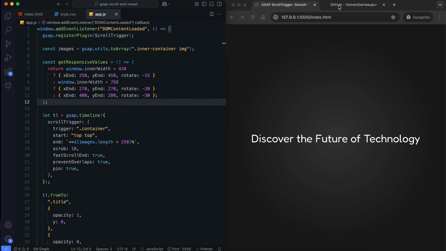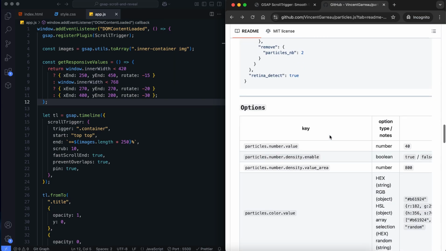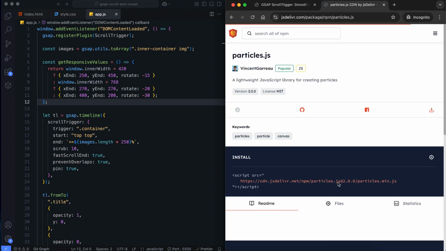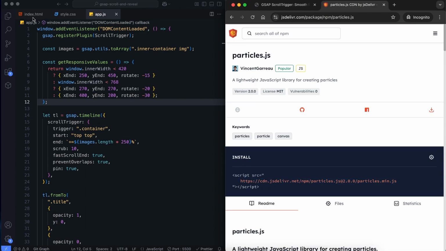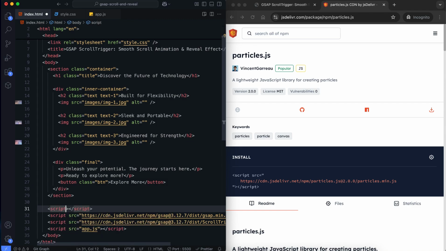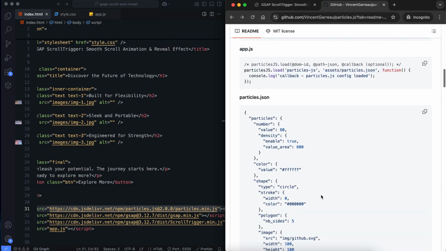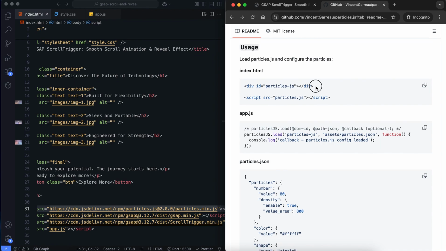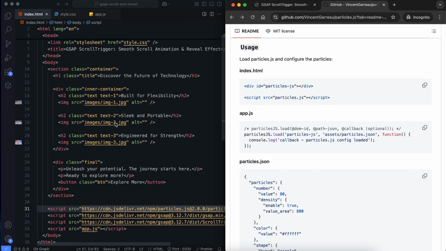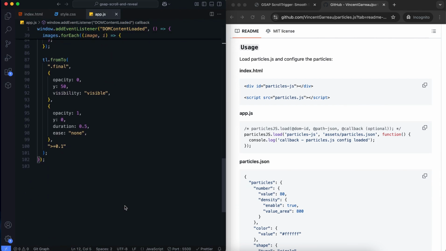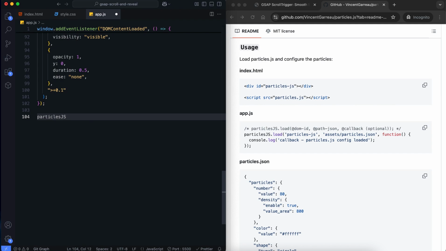Finally, let's add a particle background effect using Particles.js. First, we copy the CDN link and add it to the HTML file. We create a div inside the container for the particle animation. Then we create a function for the particles.